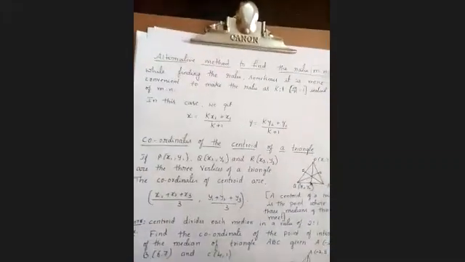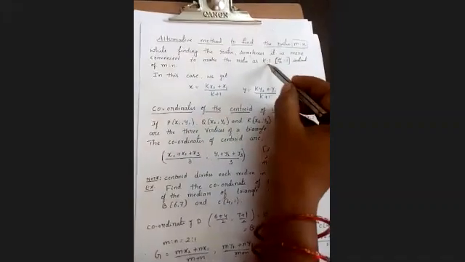Shall we move on to the next part? One more alternative method is there to find the ratio. The question will be asked as: find the ratio m is to n. When they ask us to find the ratio m is to n, you can use the section formula, or you can take m by n as k is to 1. I'll explain with a sum. While finding the ratio, sometimes it is more convenient to take the ratio as k is to 1.